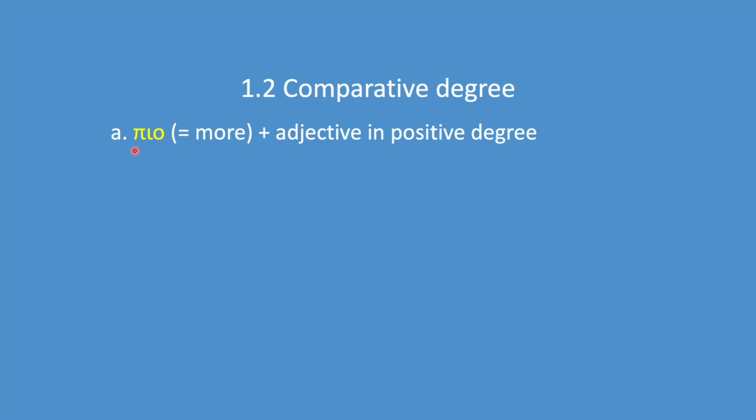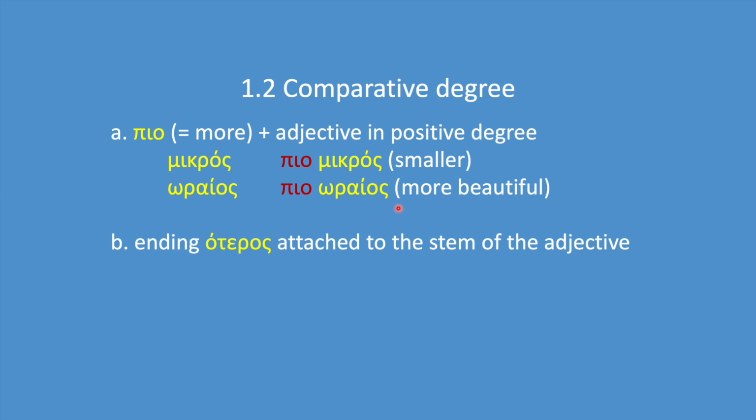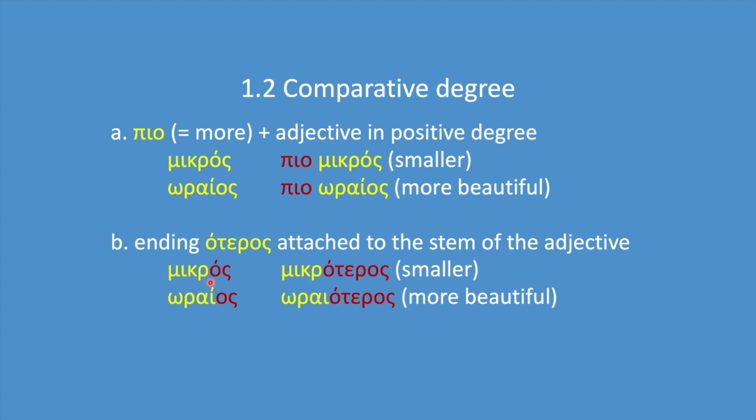One way is to use the word πιο, which means more, in front of the adjective. Μικρός, πιο μικρός. Ωραίος, πιο ωραίος. The other way is to attach the ending ότερος to the stem of the adjective. Μικρός, this is the ending os. If we take away the ending, we are left with the stem, μικρ, and we attach ότερος to the stem, μικρότερος. Ωραίος,